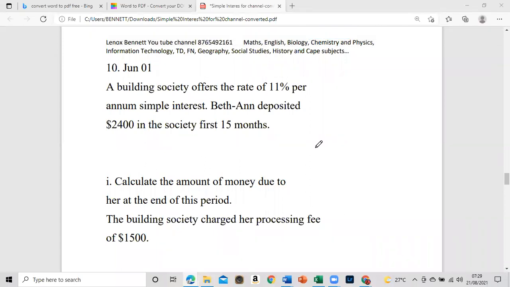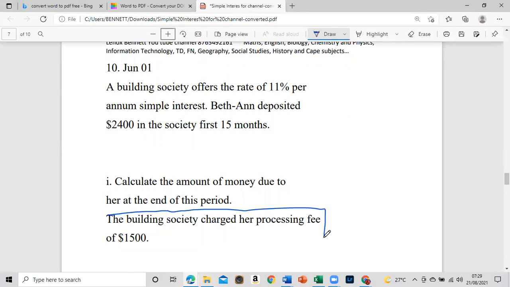All right. So June 1, 2001, a building society offers a rate of 11% per annum, simple interest. Bet deposited 2,400 in the society for 15 months. All right, guys. So we made it out, and it's to calculate the amount of money due at the end of this period. So I'm going to work out this